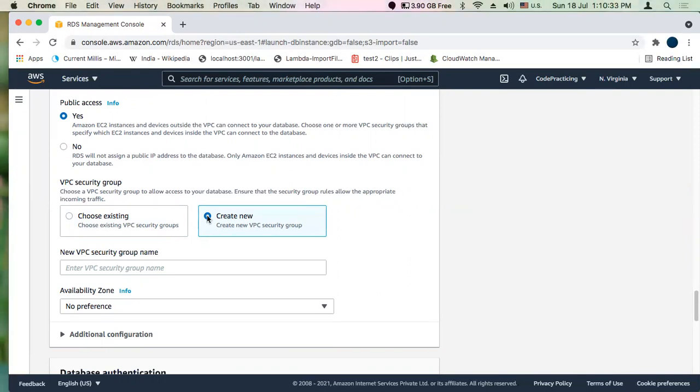It means it will create an inbound rule for my IP address. So to create a new VPC security group, provide a name for it, my RDS SG.